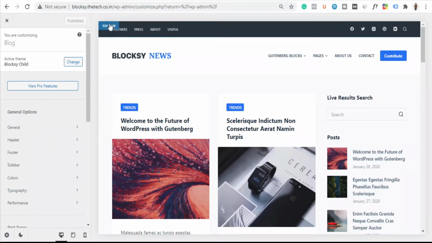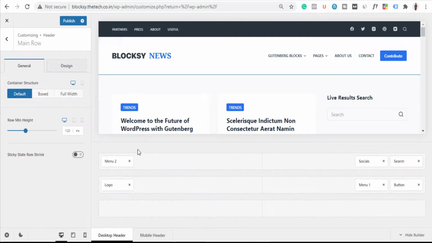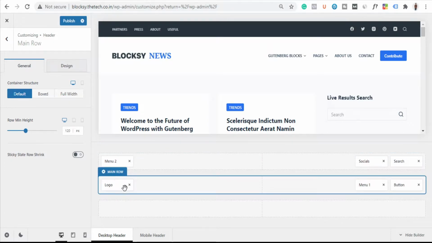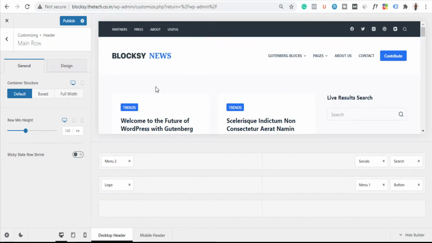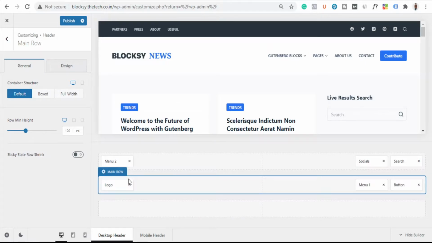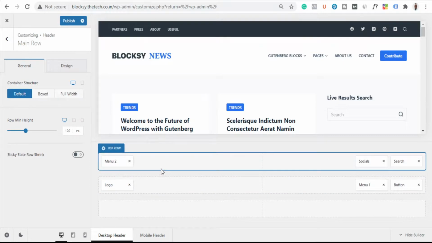So first let's start with this top bar. Let's first understand what this top bar, what this main row is. So if you click on this main row, okay, you will get these three sections here. One is the top bar, second one is the main row, and third one is the bottom row. So here in the Blocksy theme editor, the header section is divided into three parts basically: top row, main row and the bottom row. If you want, you can keep any row, and if you want, you can delete any row as well. Okay, so in this case, as you can see, the bottom row has been removed. Okay, and we have this top row and the logo. So let's now play around with this.